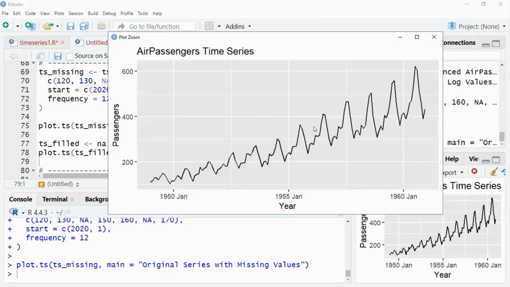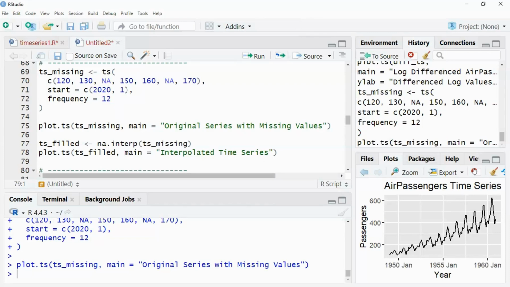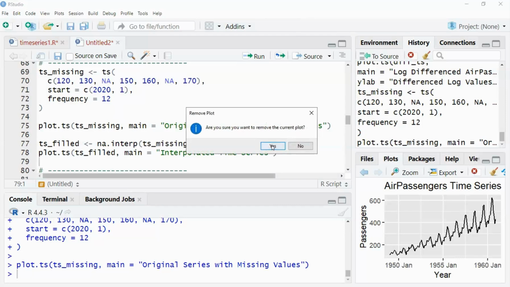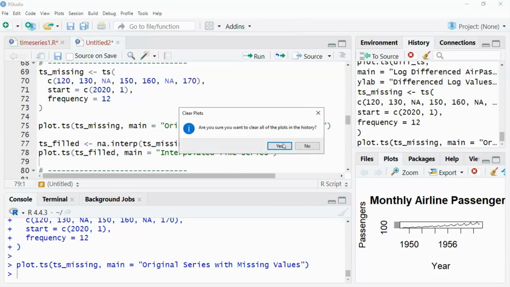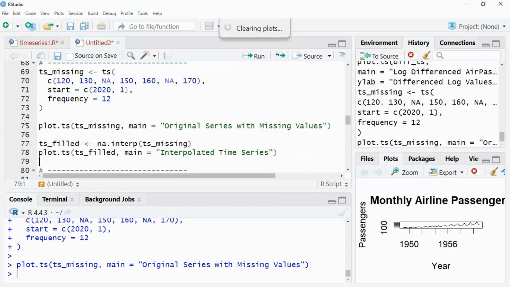The visualization of this graph is good compared to the basic R plot. Now, if I run this code,